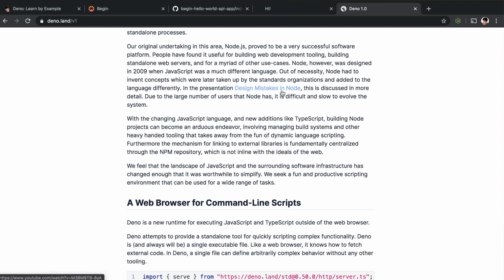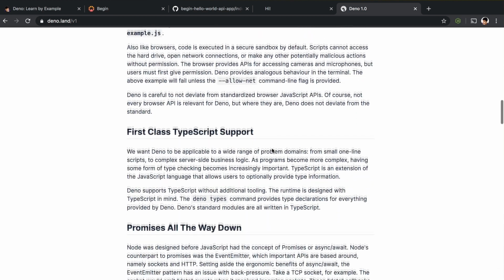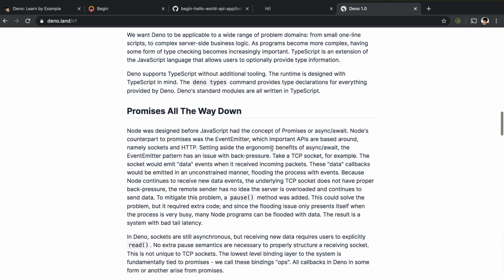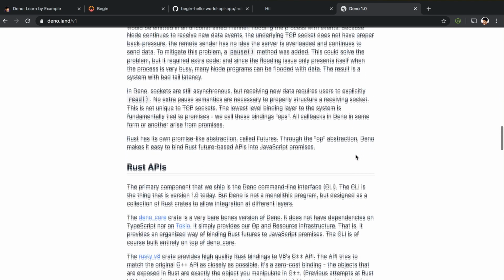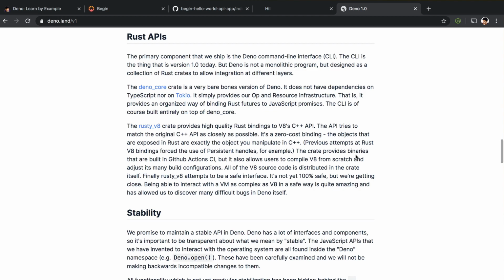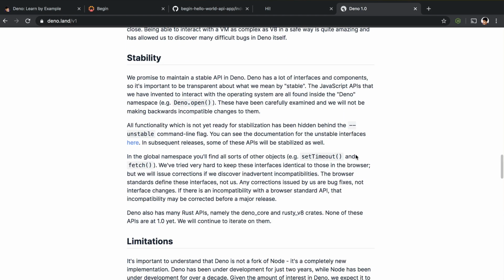Watch the Design Mistakes in Node.js presentation by Ryan, and then take a look at what promises are being made, how Deno is going to support all the standard APIs inside your web browser, so you can actually compare this command line JavaScript runtime to an actual V8 engine, and all of the promises that are being made, how they're using the REST API, the stability of this particular version, the limitation